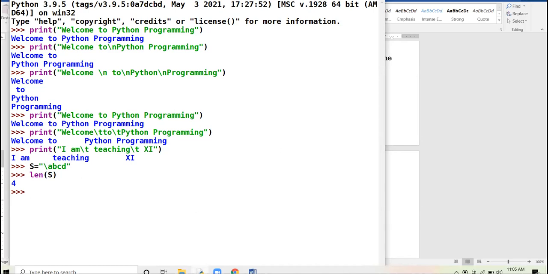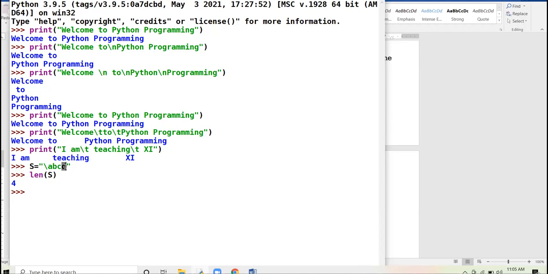Beta, start counting the characters. This is an escape sequence, which is one character. Every escape sequence is counted as one individual character. Number 2 B, number 3 C, number 4 D. That is why the length is 4.